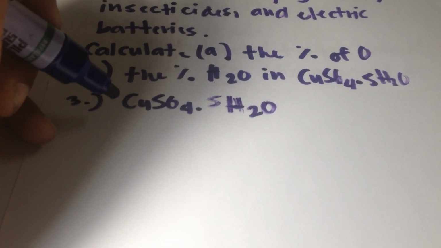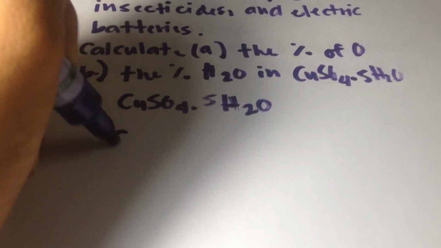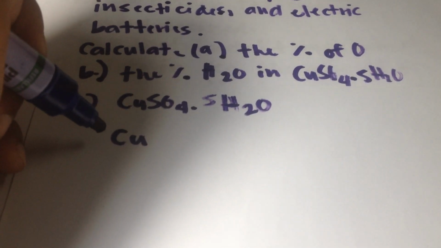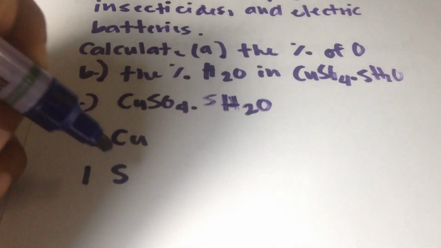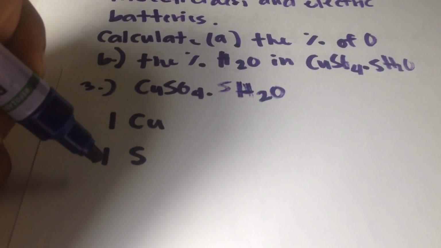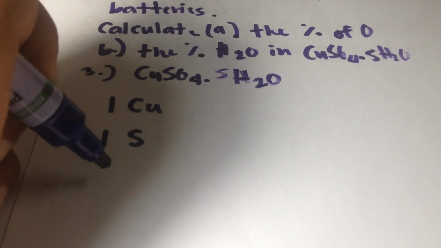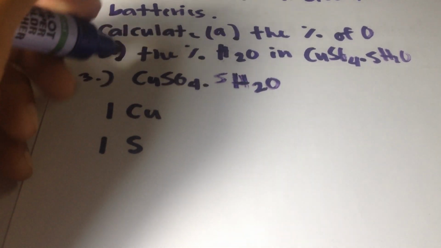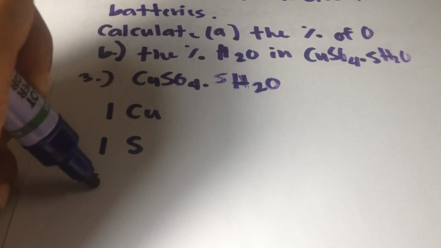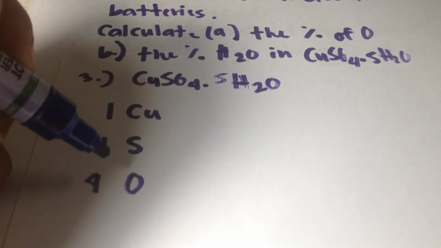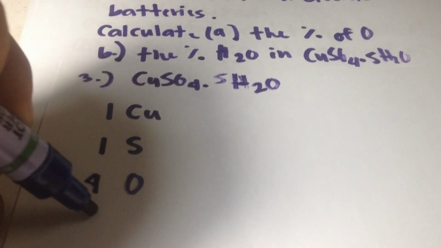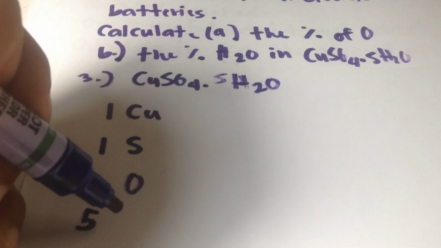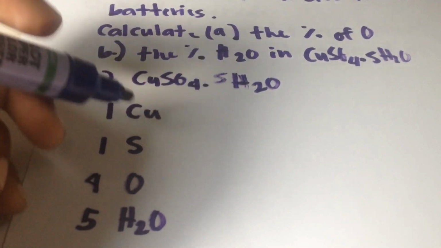So calculate first. They have 1 mole of copper, 1 mole of sulfur, and 4 moles of oxygen, and 5 molecules of water. Okay,